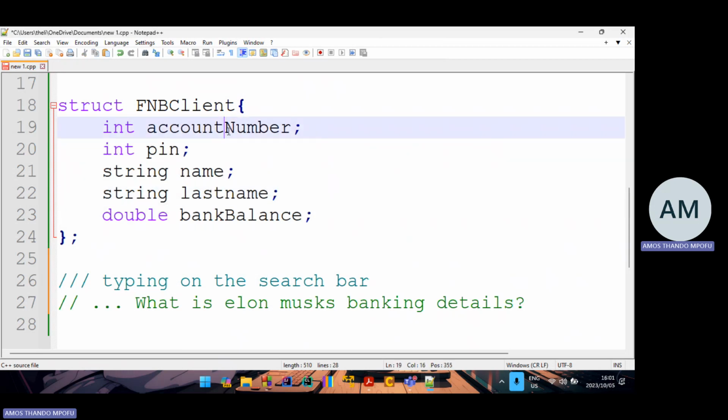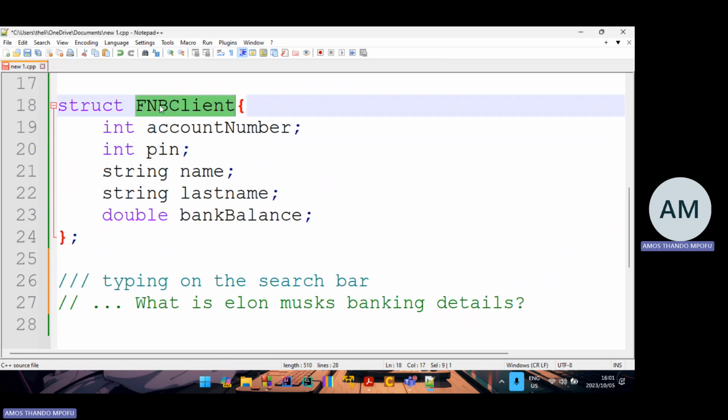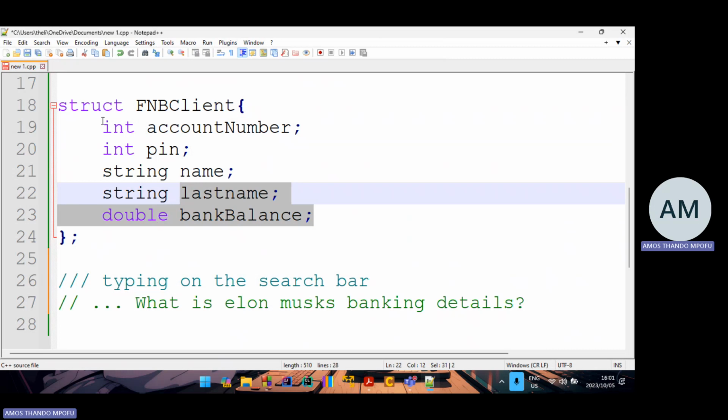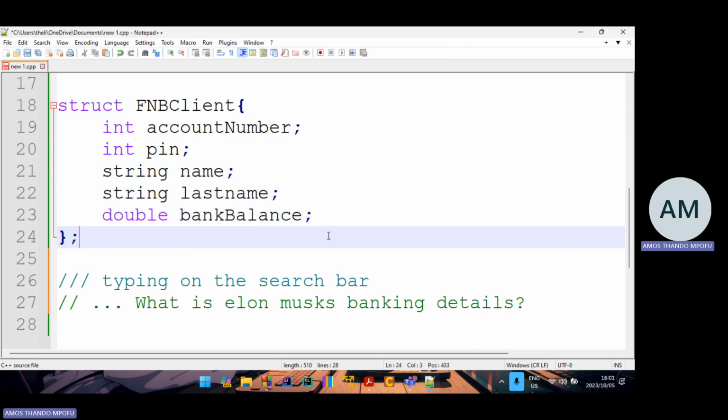That means I can get his account number and then get his PIN and then transfer myself a few billions, and then I'll be like, okay. And no one has the right to say anything, or no one has the right to complain because the information is public. And then if I also happen to be an FNB client, after transferring that money, people who know me, who know my name, they can just use my name to find the other details, my first and last name. Then they can get my account number and my PIN. Then they transfer the money